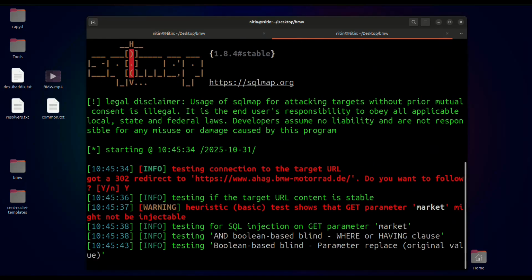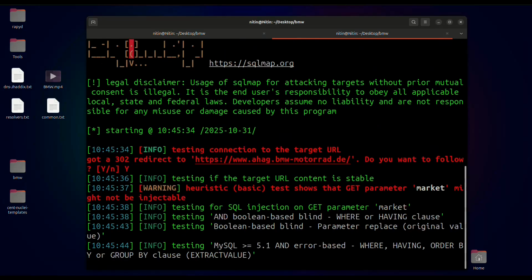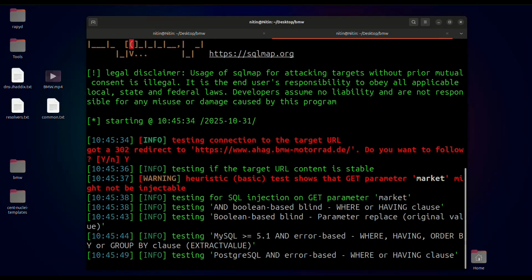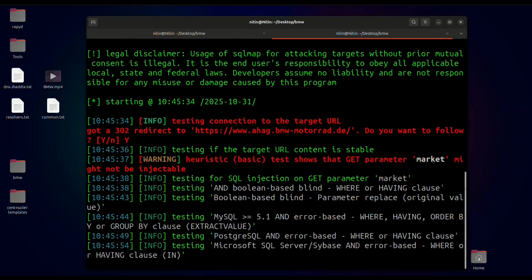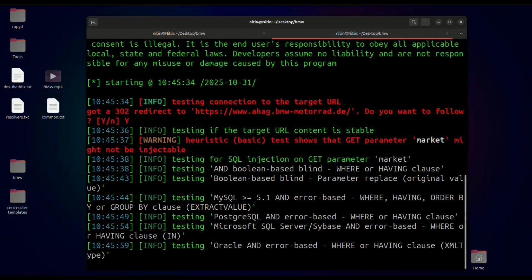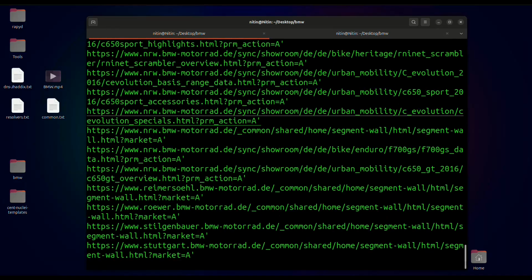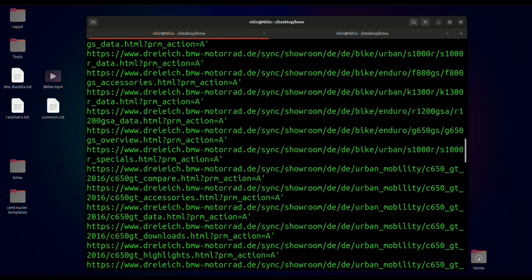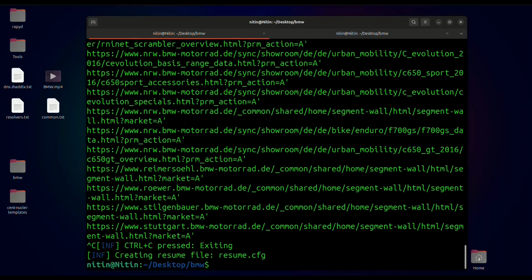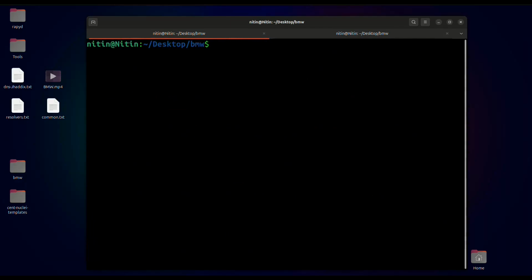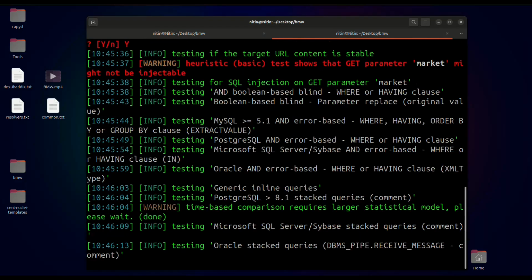Let's see if we found anything. Okay, it's running and it's also finding other stuff. So let's close it and see if it is injectable or not.